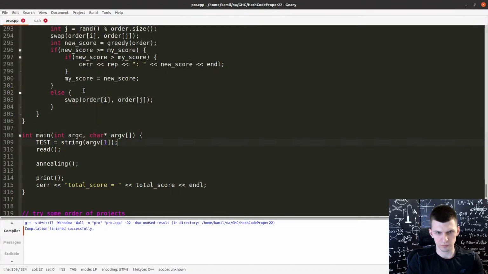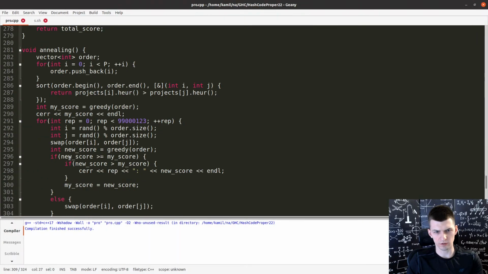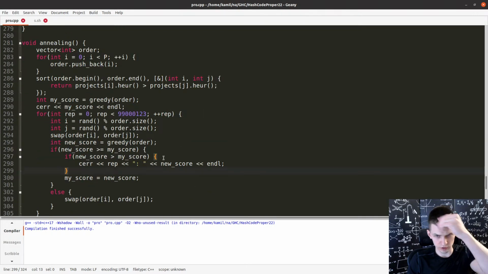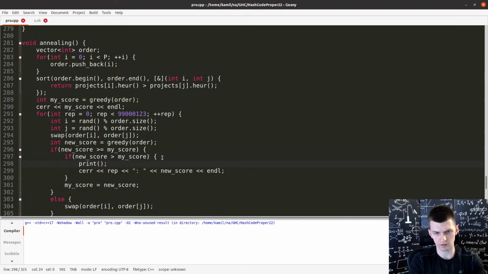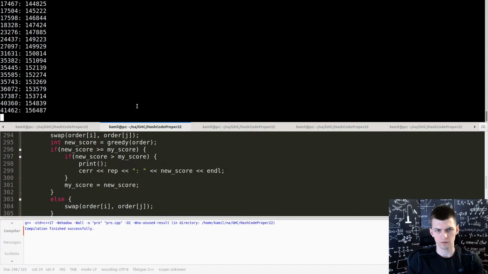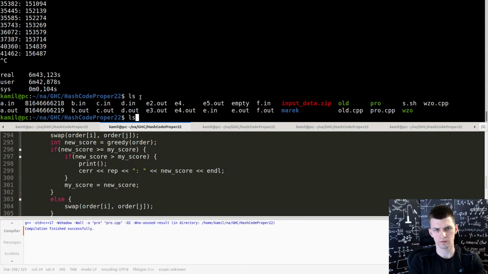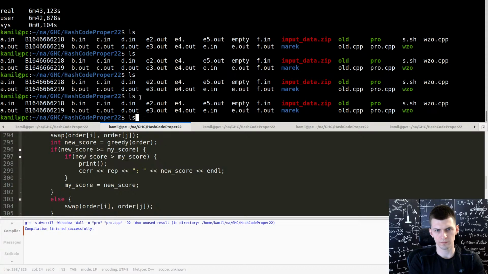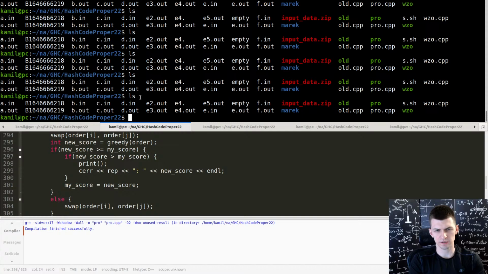Oh, and printing. Printing needs to be done more often. So always when we improve something, which is here, we also say print. I expected more files, but that's okay.